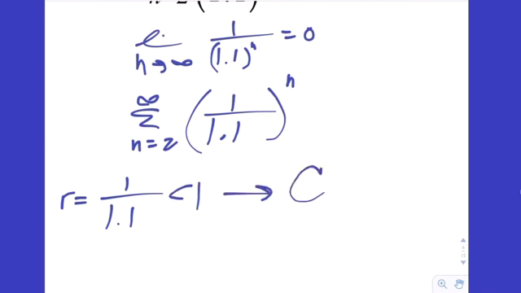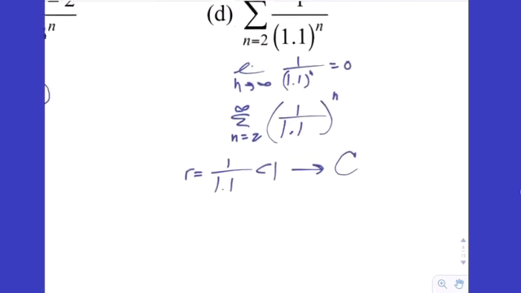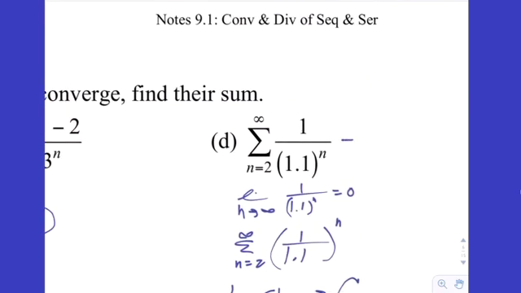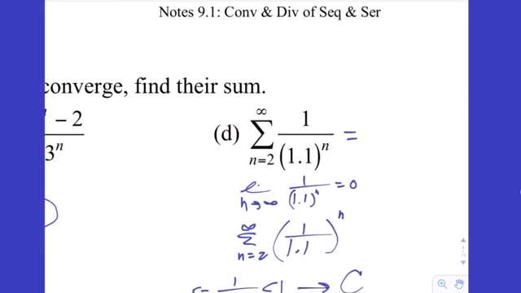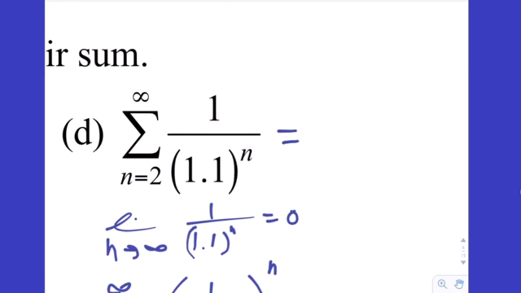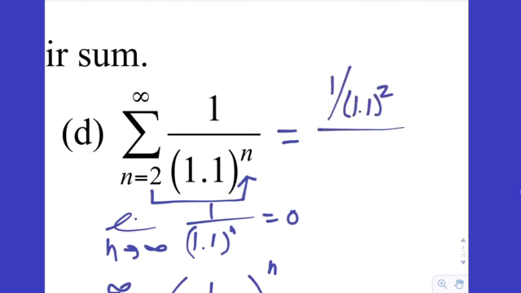So we know that the series actually converges. Not only do we know it converges, we know it converges to what? We can actually find the sum. For a geometric series, we can actually find the sum. So remember, it's going to be the first term. The first term you always get by plugging in the starting value of n, which in this case is 2. So that's the numerator. It's 1 over 1 plus 1 squared, all over